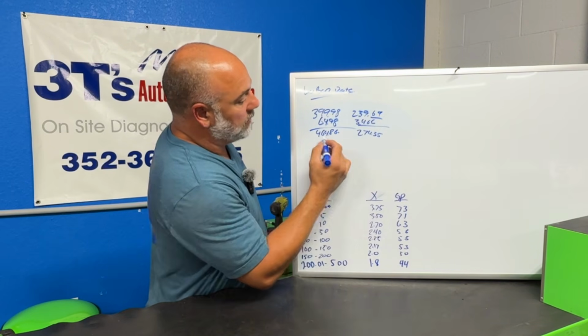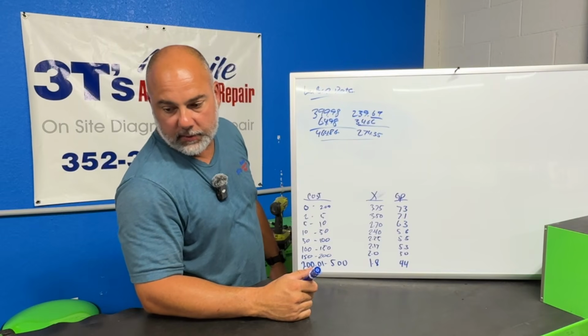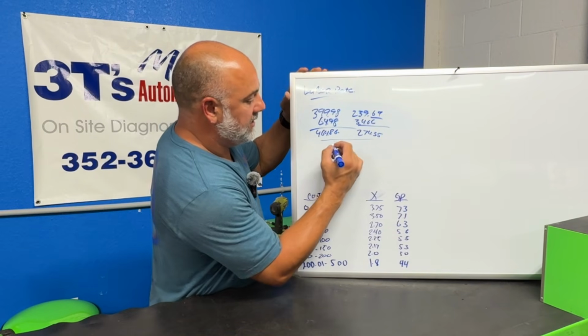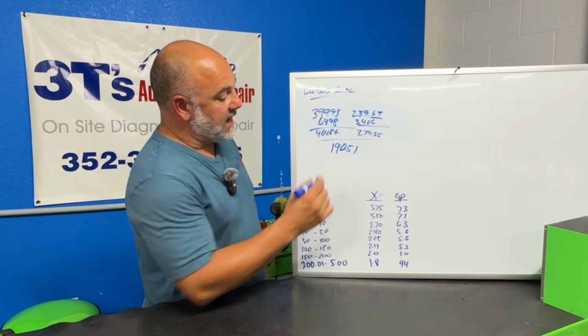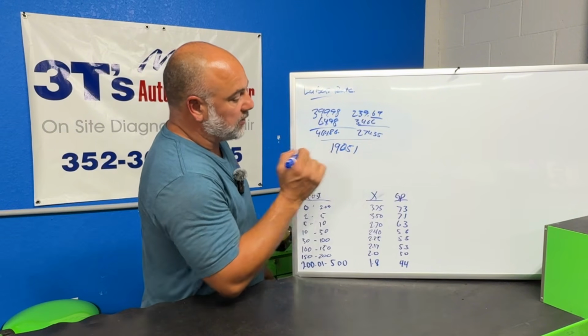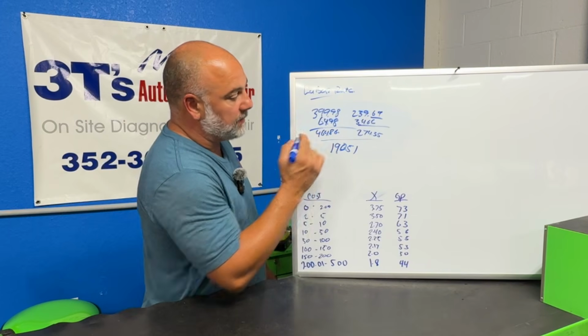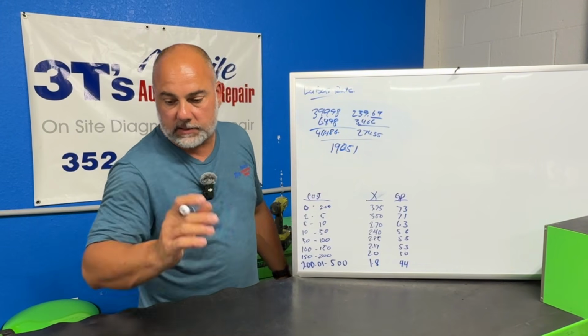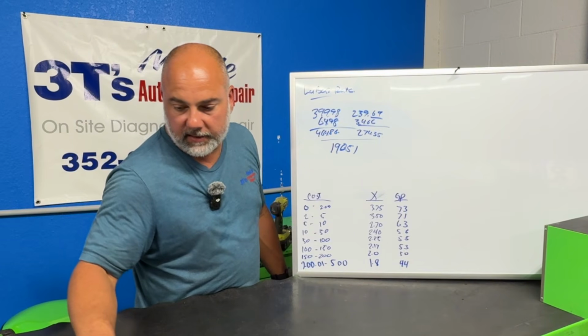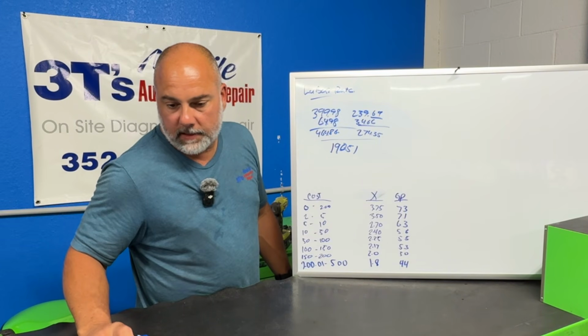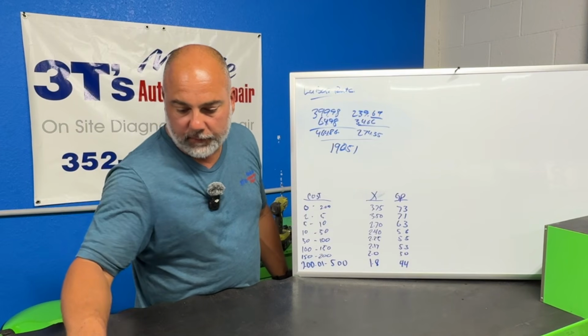So now what do we do? We minus that off, and that brings us down to $190.51. So now we're going to take this profit and divide it by this number right here. I've got to use the calculator. So we're going to do 190.51 and divide it by